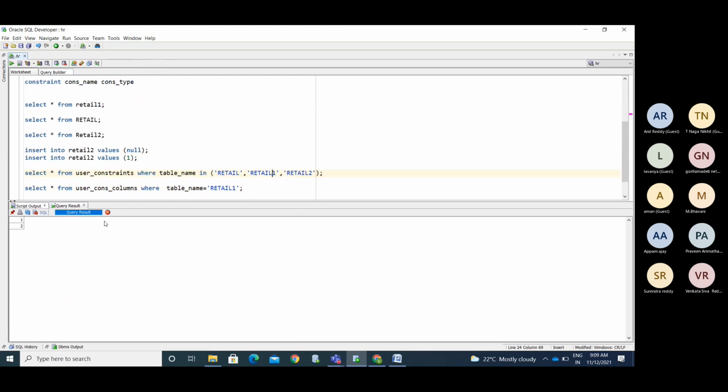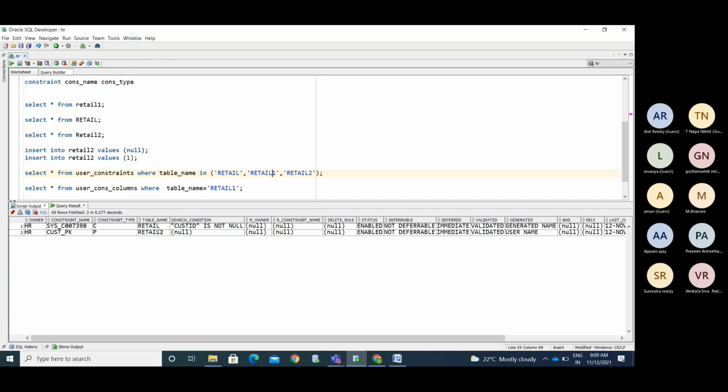My table does not have any constraints. So by mistake, while defining my table, I forgot to mention the constraints for my columns.